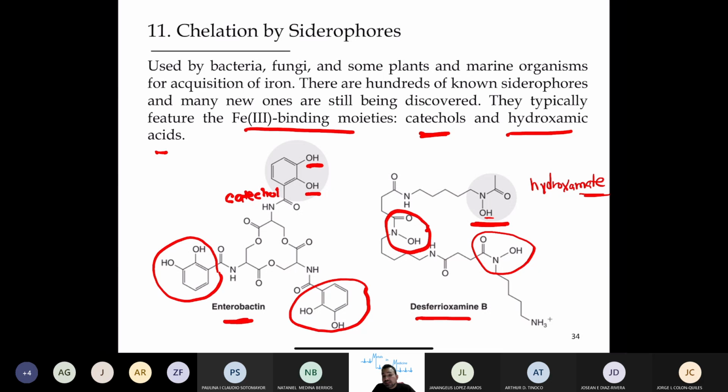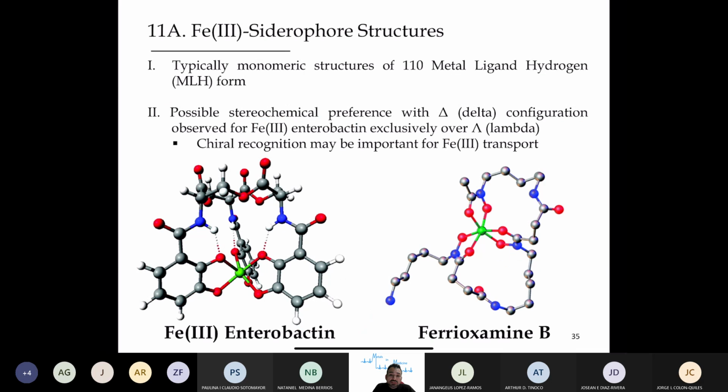You see how this too has three of those moieties present. Here is a representation of the coordination of iron by these two siderophores at the catechol moiety and also